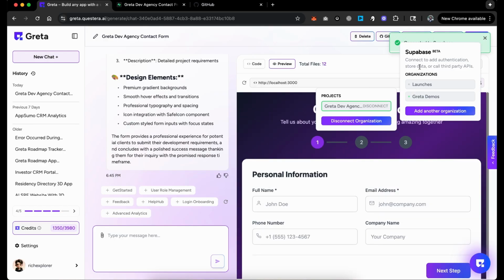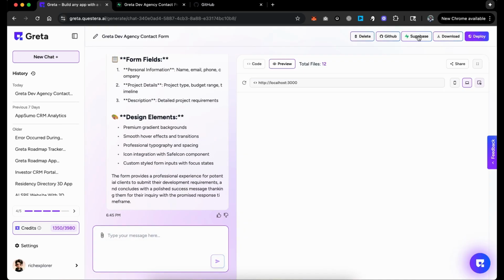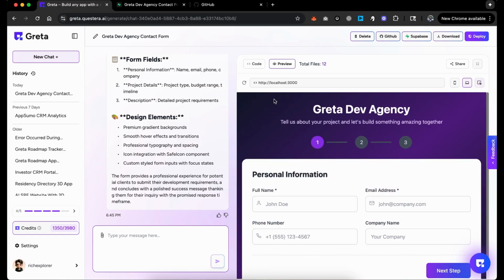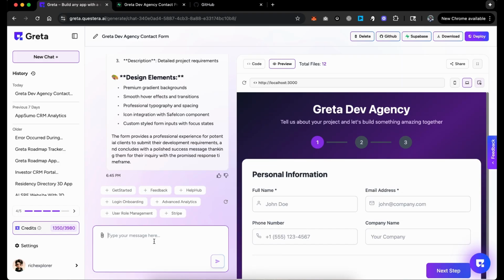And you'll see that your project is connected. And that is the most important part. Even if you reload the screen and you click on Supabase again, it'll show you green and it'll show you the Greta Dev Agency project is connected. That is perfect. Now what I'll say is,